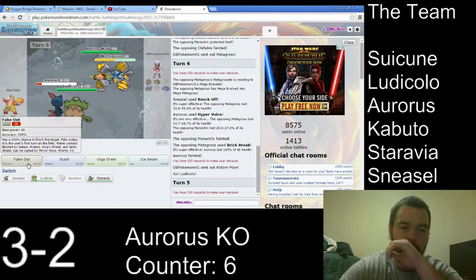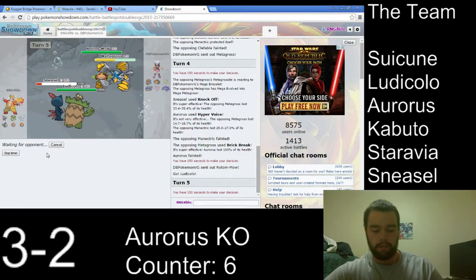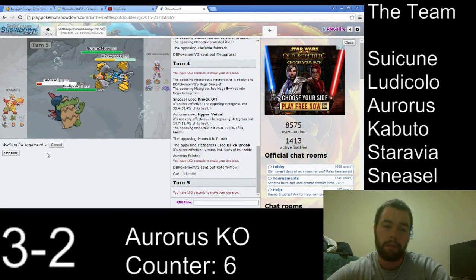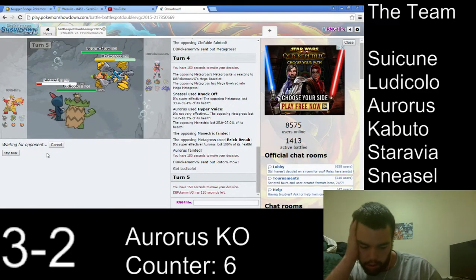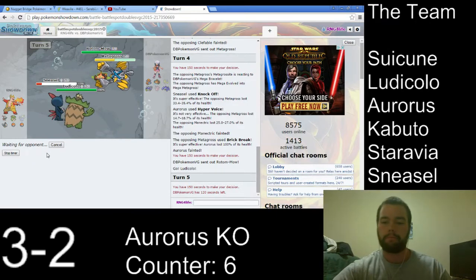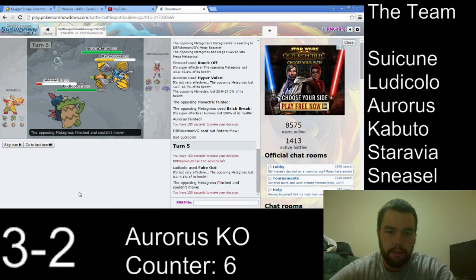I'm going to actually Knock Off and Fake Out the Metagross. I don't think he's going to protect here. Or he's either going to protect, not protect, or double protect, is my guess. So if I knock out Metagross, then I'm assuming Banded Reckless Brave Bird KOs Rotom, or Double-Edge, either one. How long is this video right now? 19 minutes. So yeah, I didn't expect...